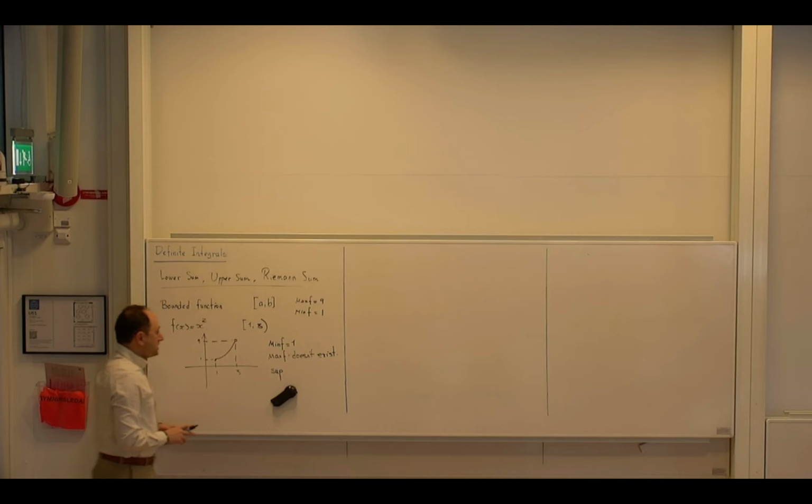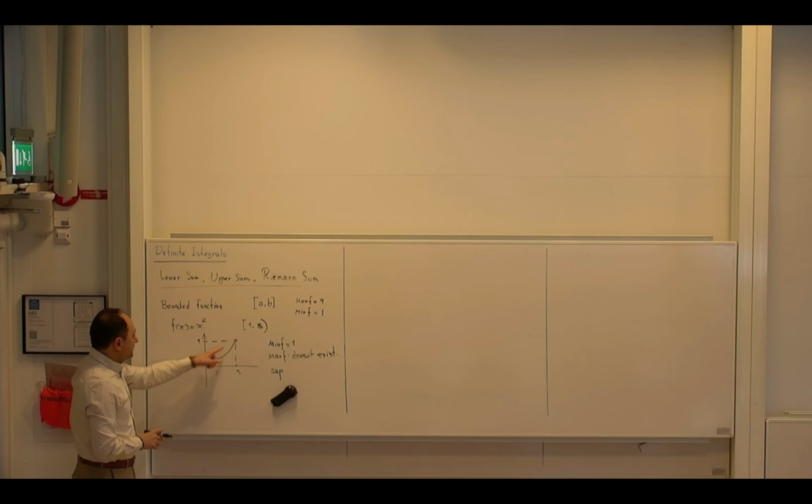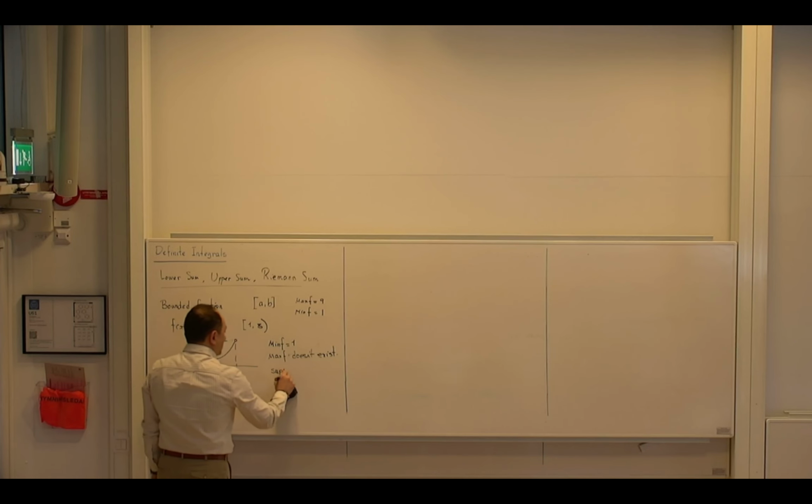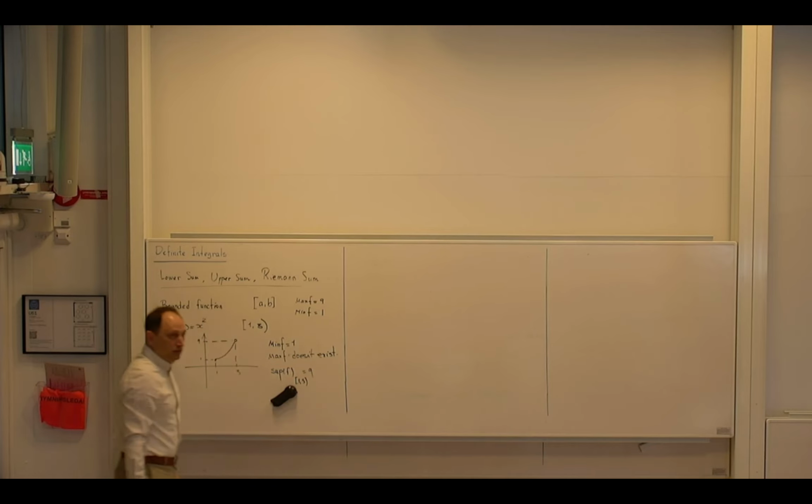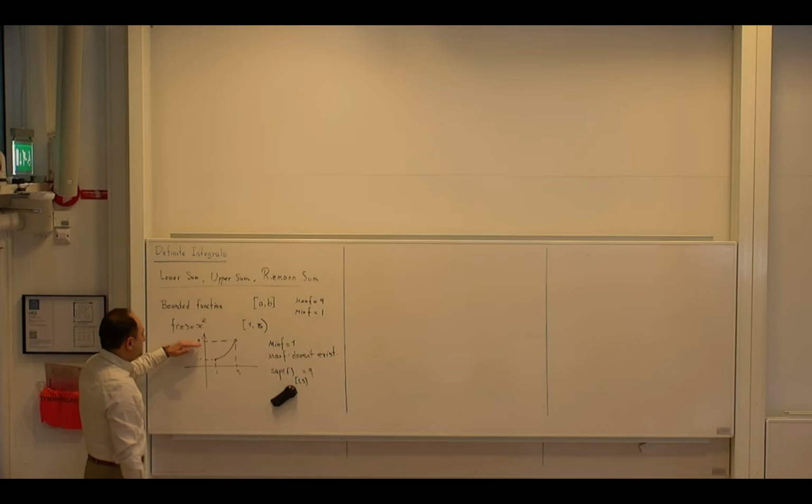It means that our supremum of this function is still 9. Supremum of this function on the interval from 1 to 3 is still 9. Okay? So what does it mean? It means that this is the smallest upper threshold. So it is not a maximum, okay? But 9 is the